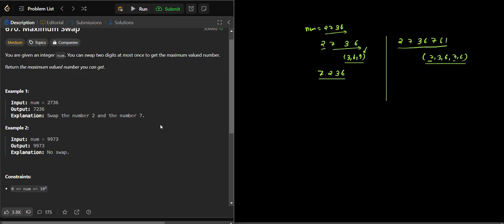Which 7 will we choose? Because we will choose the maximum one. The maximum one is 7, and two 7s are there. Which 7 will you choose? That's the point, right? Let's say we choose the first 7, the possible answer will be 2736761. This is our number, the first possible number. Another number is 7736261. This is the other number. Which number is greater? Definitely this number will be the greater one, right?